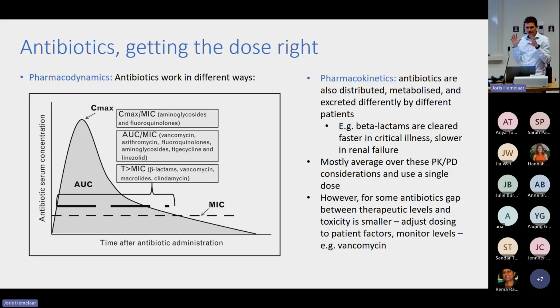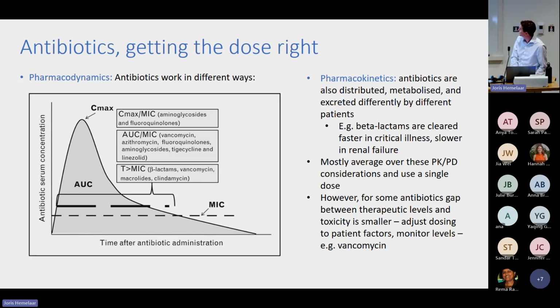So when we think about how much antibiotic to give someone, we usually think about two things. The first is pharmacodynamics, which is essentially the way in which the antibiotics optimally kill bacteria. And some antibiotics work by killing bacteria when they have a very high peak concentration. Others work by consistently having a level which is above the sort of minimum level to kill the bacteria. So gentamicin, which we talked about, works by this concentration-dependent killing, whereas the antibiotics down here, like penicillins, tend to work by having a level that's consistently above the level required to